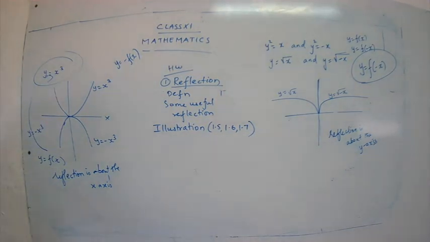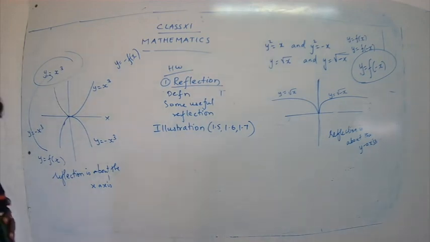What was the type? The graph of y is equal to f inverse x is the reflection of the graph of f in y is equal to x. So that is one example we can say. And here they have given you one more example. What's the example given here? Yes, y is equal to e raised to x and y is equal to log x to the base e.